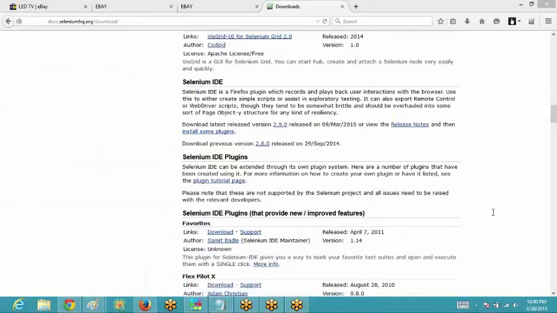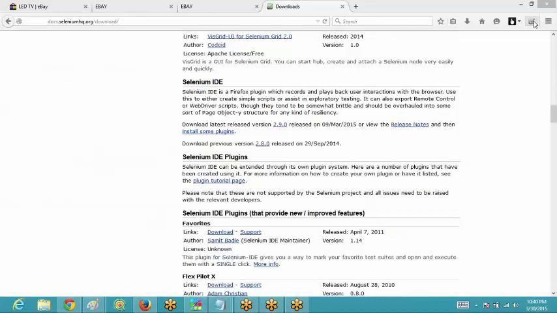Then it will ask you to restart and again open your Mozilla Firefox, and then when you are opening the Mozilla Firefox again, you would be getting an icon over here with the name Selenium IDE. Okay, and for some of you maybe the icon is hidden somewhere, so you need to go to the tools.